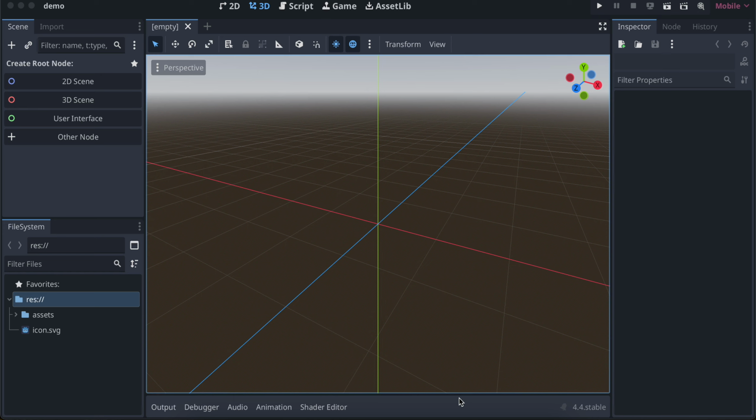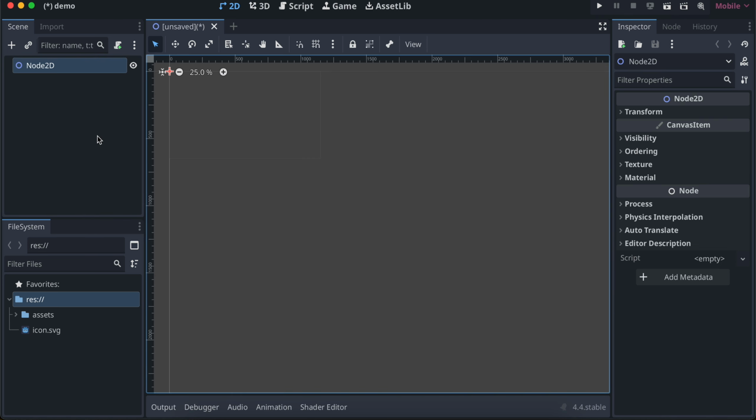In this video I will show you how you can move an object either sideways or vertically in Godot game engine. So let's get started. What I'll do is create one 2D scene, and I'll just take